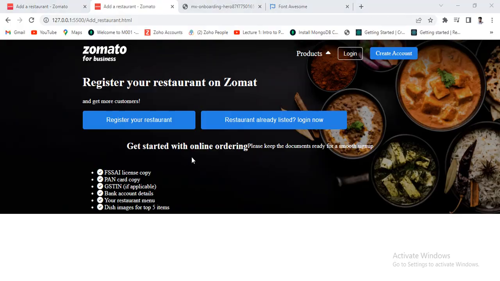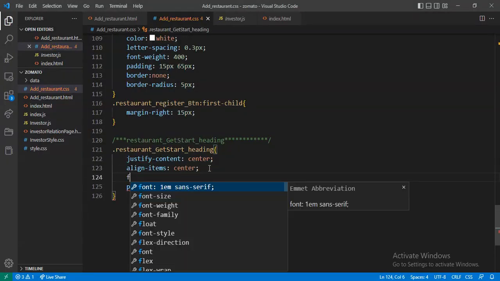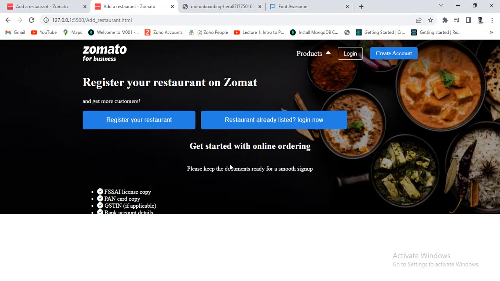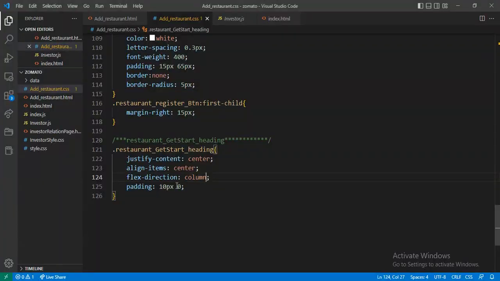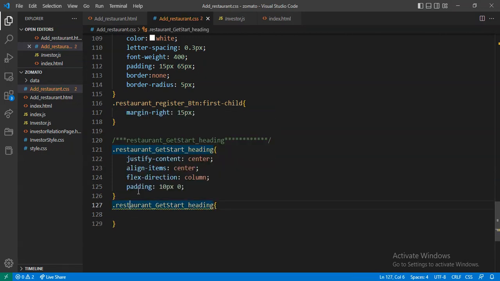Here you can see, but I want the content direction to be changed. Yeah, now this will come by default. Padding and margin is coming. I want to remove this. Just copy this here, and yeah, inside that I have a p tag. Let me give the p tag a margin 0,